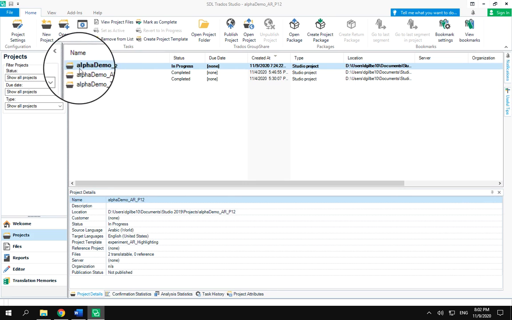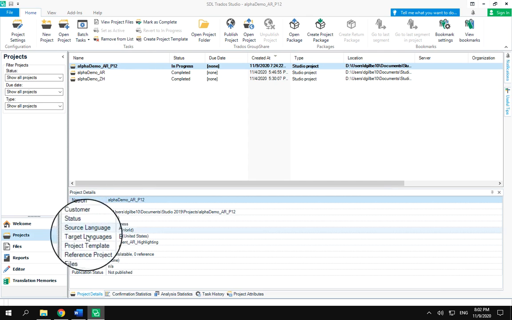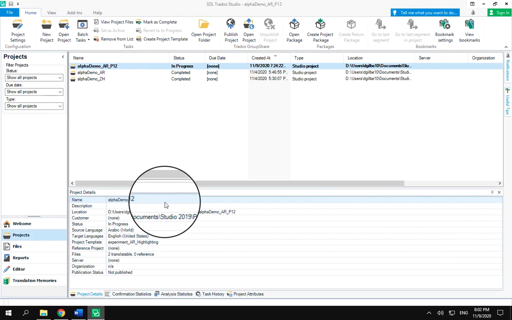So let's say this is your project right here. It'll have some sort of a study name, a study identifier, and then it will have a 2-letter language code, and then it will have P and a number, and that's your participant number. So I'm participant 12. And so as you can see right now, I don't have the Qualitivity plugin downloaded on